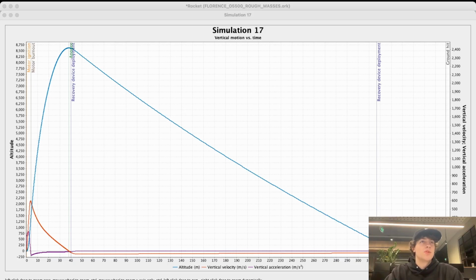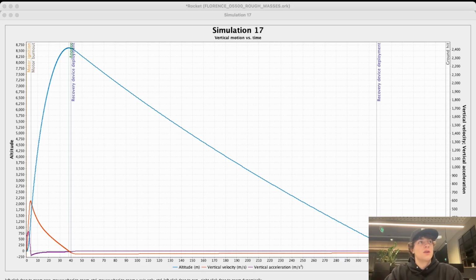It'll be the same with your L1s. The important thing is to ensure that this deployment is always taking place after apogee, not whilst the rocket's going up, and that you do leave a buffer of a second or two after apogee before your parachute comes out,